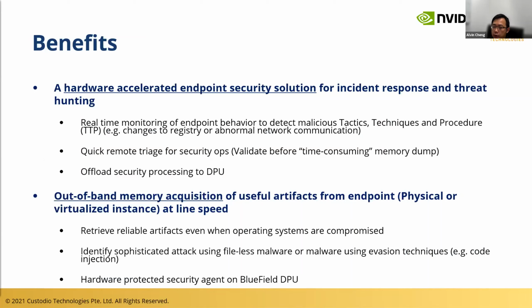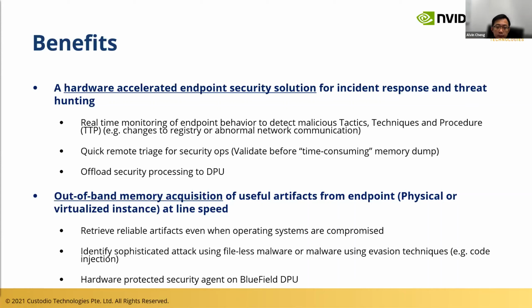Those who are actually doing forensics understand that dumping everything from memory is a very time-consuming and painful process. You will see a lot of data coming out from the memories, and a lot of them are not relevant for investigation. So by having solutions like a secret agent running on a DPU card, we can do quick triage to take out artifacts of interest, memory structures of interest, to understand whether something bad has happened. Only when something really bad has been observed and validated,